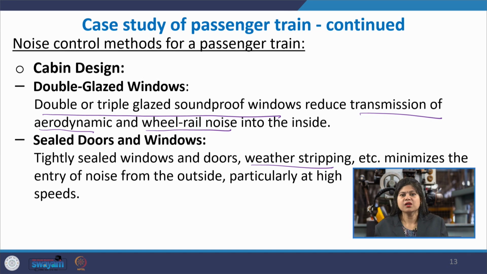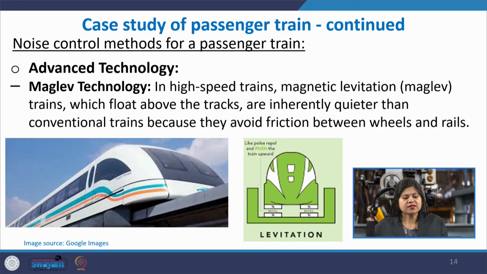It is going to be not very effective, the levels will still be very high. So, proper sealing could be done and these acoustic leakages could be minimized. Then there are various advanced technologies that are also coming up. As already told you, the most dominant noise source is the wheel rail interaction noise, and